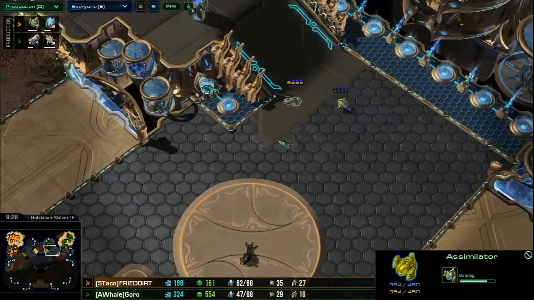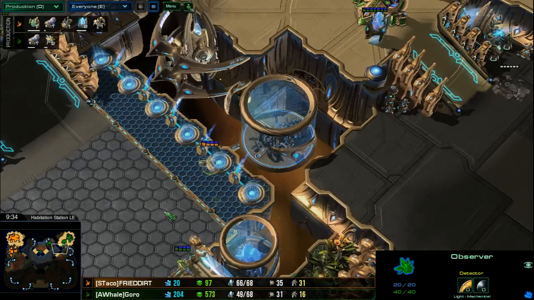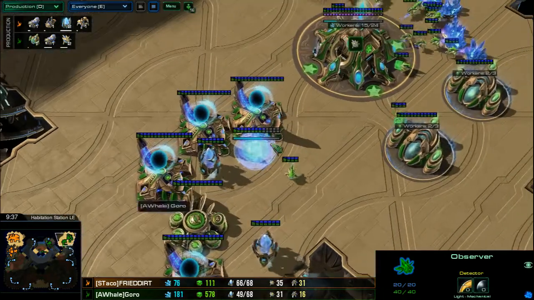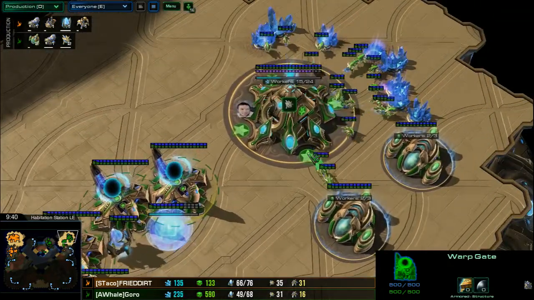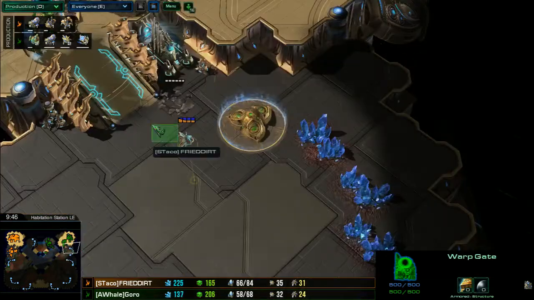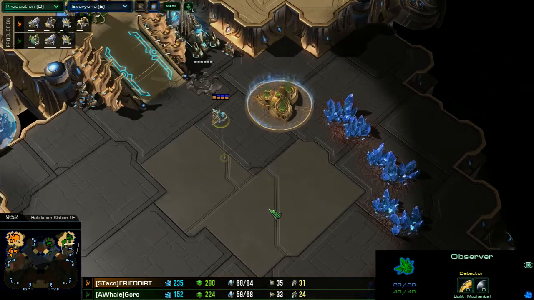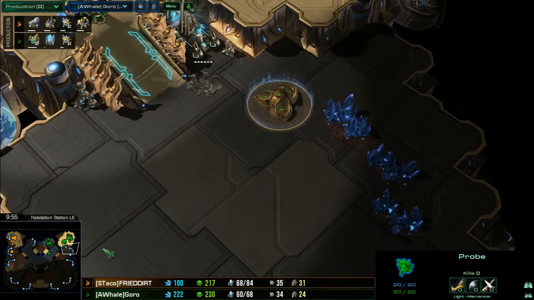So it looks like we're pretty much done with our early game shenanigans here. And once again, like last time, FRIEDDIRT's Observer is going to be able to get into the space and see whatever the heck it wants, because there's actually nothing to see it. And I'm interested to see what happens here. He doesn't see this base, and if we hit FRIEDDIRT's vision...